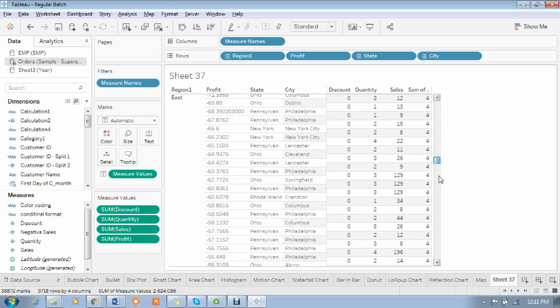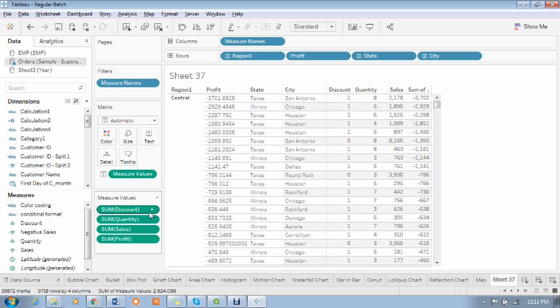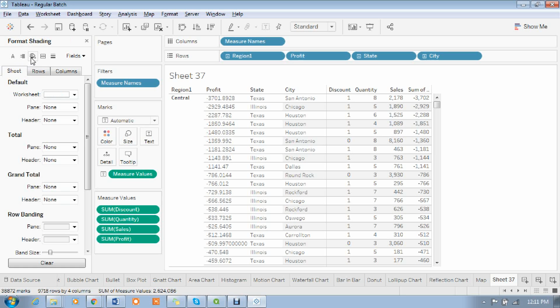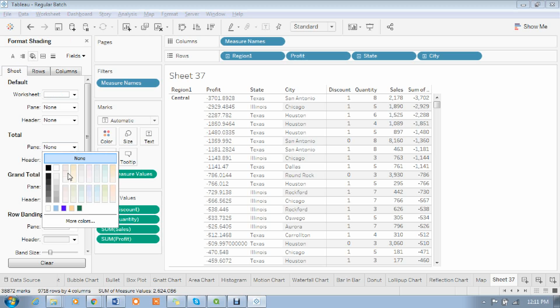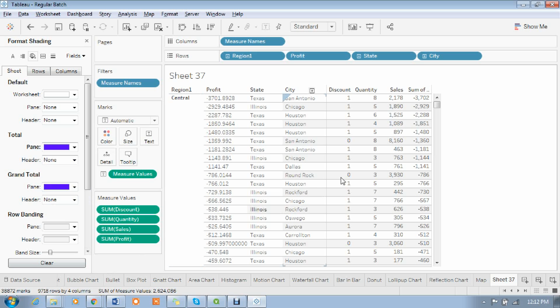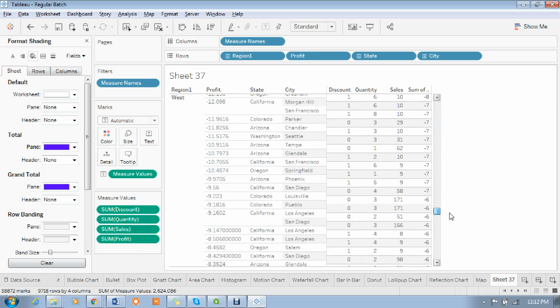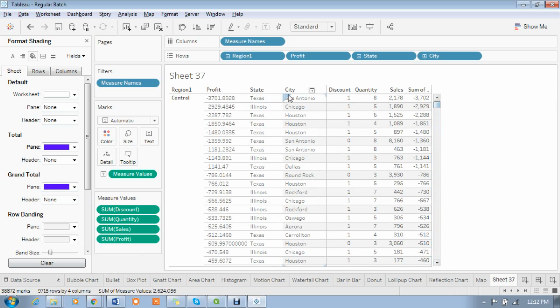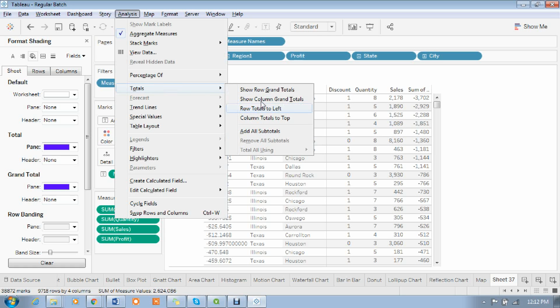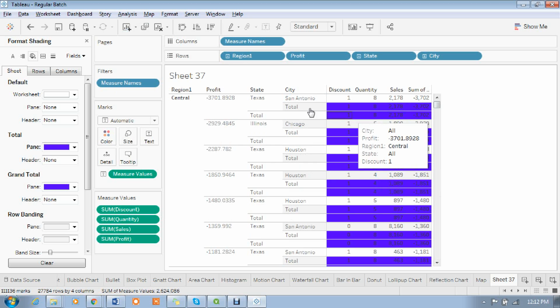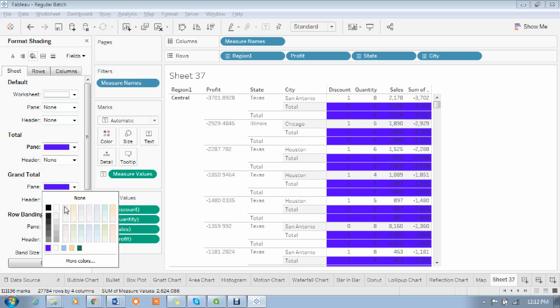Okay, if you are not able to identify totals and subtotals, what can we do, madam? Simply we can go and format it. Under Format, think of background color for totals, main level, apply some colors. You can see wherever the totals are. There might be blue color. All subtotals, similar totals for city, totals for this. For grand total, I want a different color.